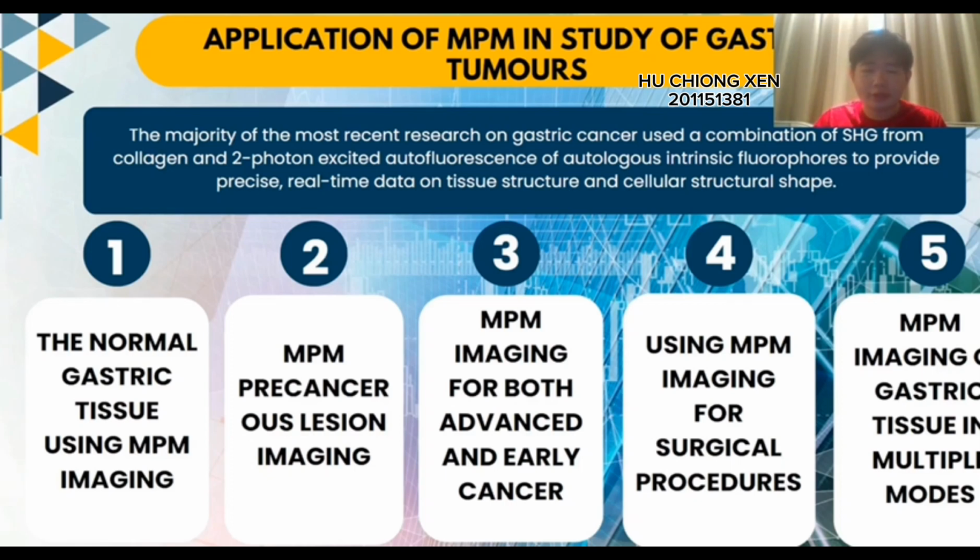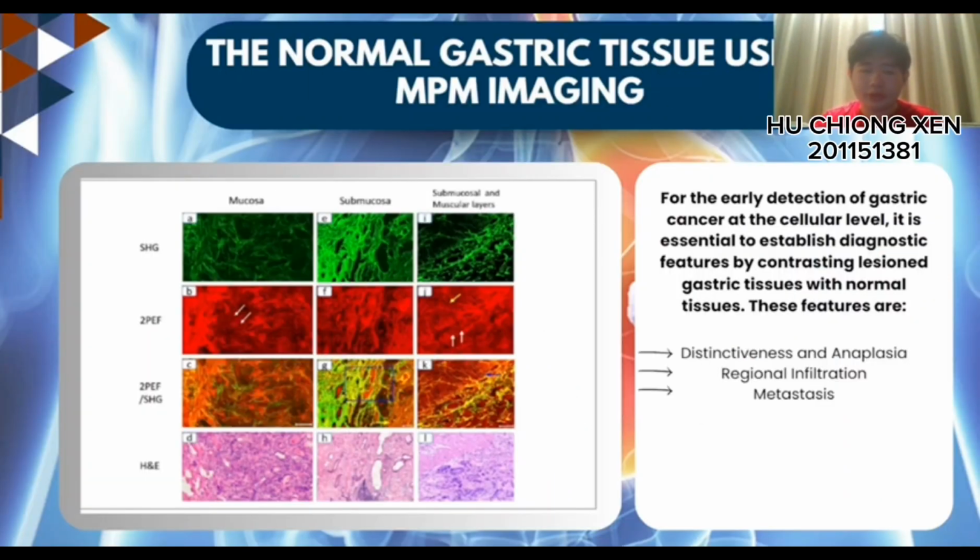There are 5 applications of MPM. The first is normal gastric tissue using MPM imaging. The second is MPM precancerous lesion imaging. The third is MPM imaging for both advanced and early cancer. The fourth is using MPM imaging for surgical procedures. And the fifth is MPM imaging of gastric tissue in multi-mode. For the first application, which is normal gastric tissue using MPM imaging,